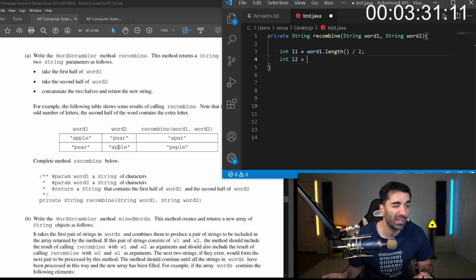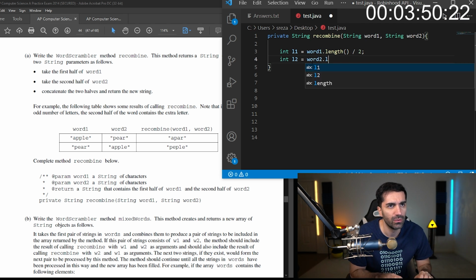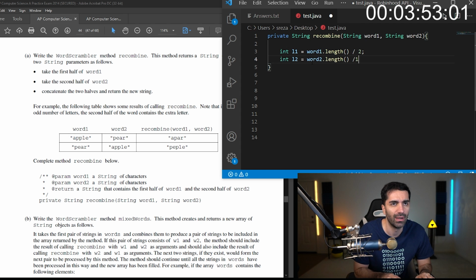So we would divide it by 2 and add 1. Would that work? It'd be 4 divided by 2, we get a 2, and then add 1, we get a 3. For 5 divided by 2, we get a 2 and then add 1. I feel like that's what we want. So it'd be word2.length divided by 2 plus 1.